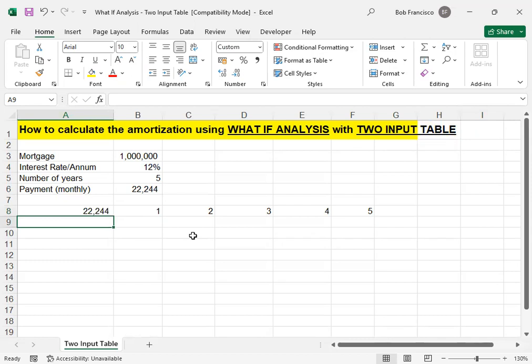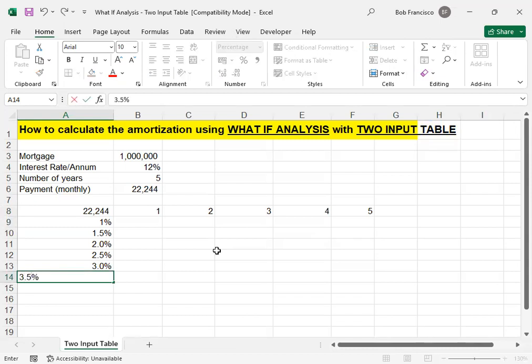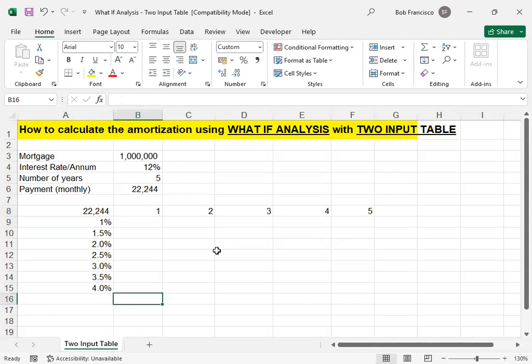Okay, with a certain interest rate per month. Let's say percent. I'm gonna put percent here. Okay, 1%. Let's say 1.5%. Let's say 2%, or 2.5%, 3%, or 3.5%. Let's say up to 4%, okay, 4%. So different scenarios,